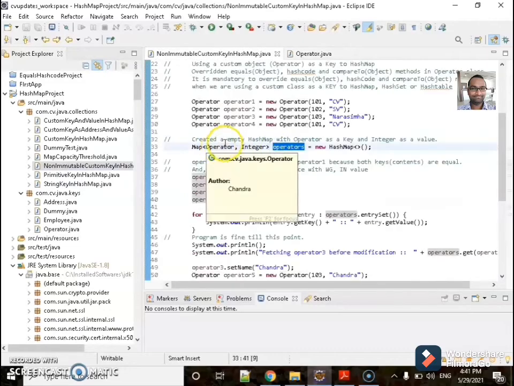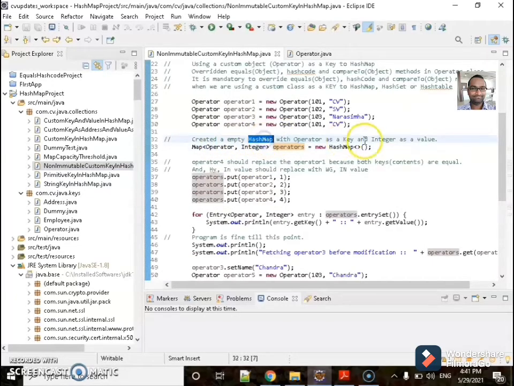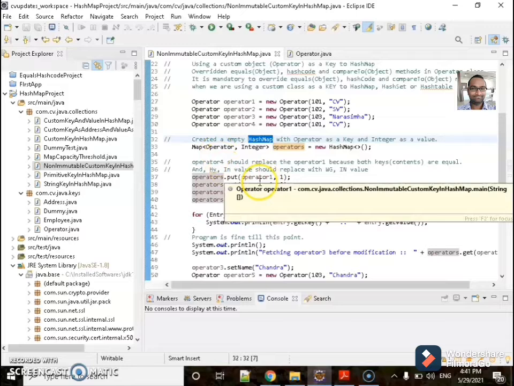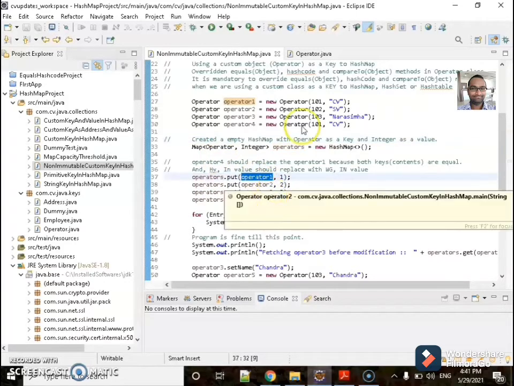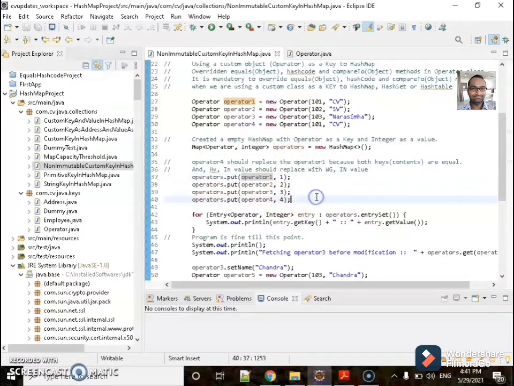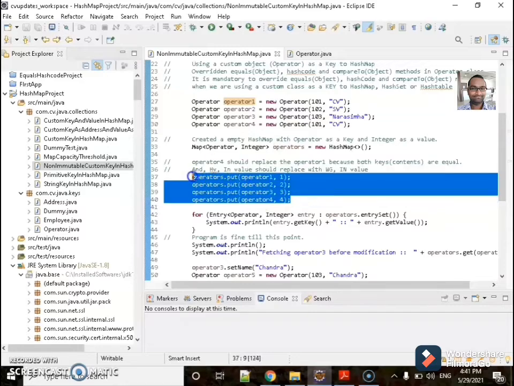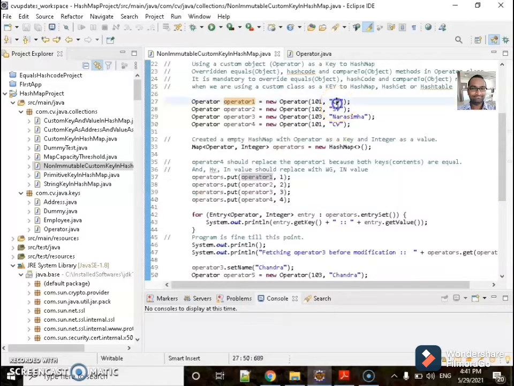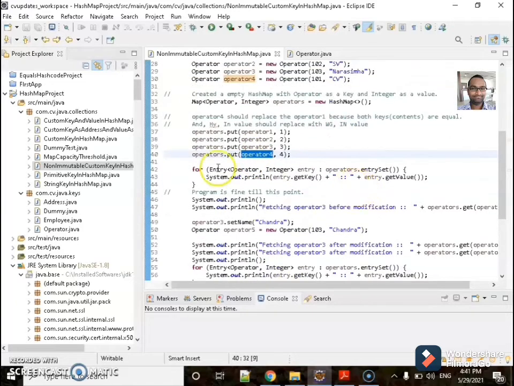I have created an empty hash map with the operator as a key, and I am putting operators into the hash map. I have created multiple entries, and one is a duplicate. I'm iterating the map and printing it.